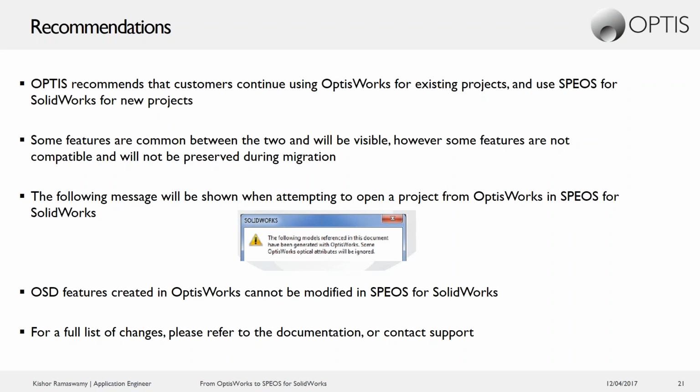And essentially what you will have to do is go through your model and fix all of the migration issues. So things like optical properties will have to be reapplied to all the different parts because now we're doing volume properties instead of surface properties. And also some of the settings that you were using in OPTISWORKS, because the location and in some cases the actual setting itself have changed,